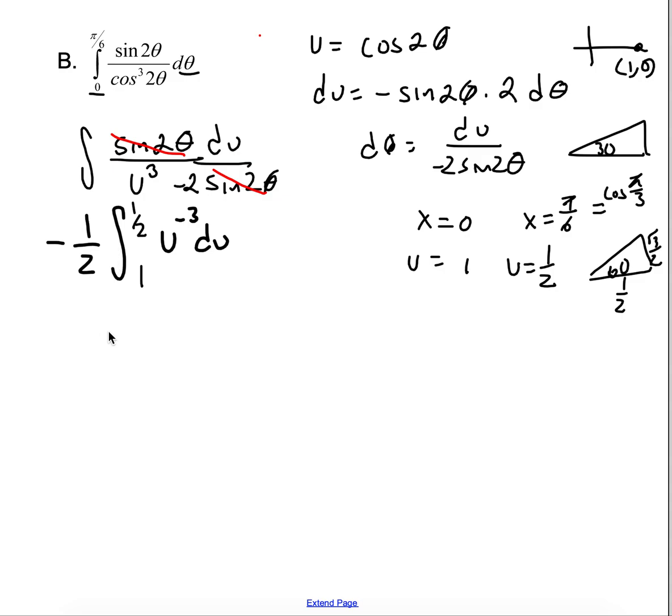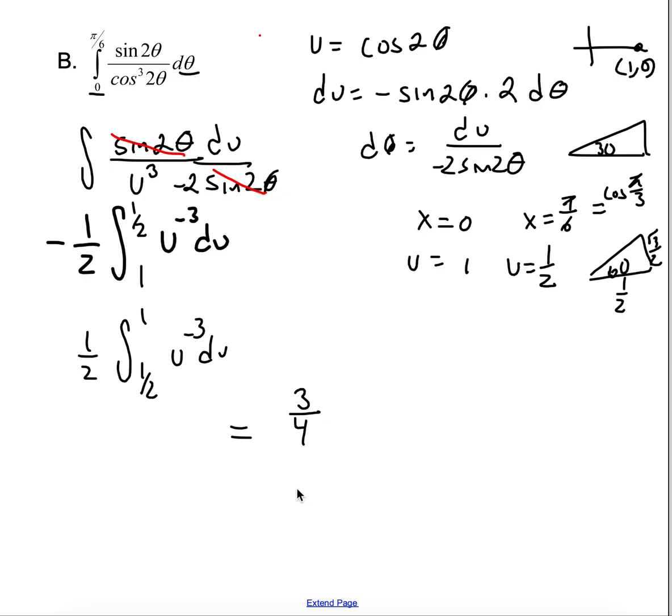So we want to switch that, because we want to go from left to right, not from right to left. We're going to switch the upper and lower bounds, and we take that property that when we switch, it gives the negative of the integral. So now it's just going to be 1/2, because a negative and a negative makes a positive. Now we can integrate u to the negative third power du from 1/2 to 1. I'll save the work for you guys. If you want to, pause the video and try to work it out, and hopefully you get your answer of